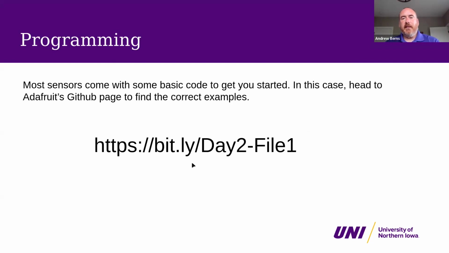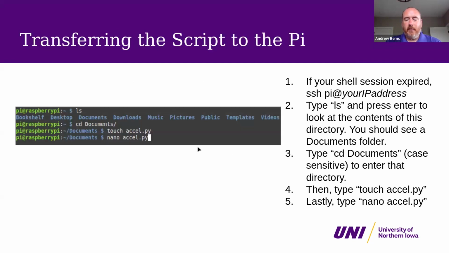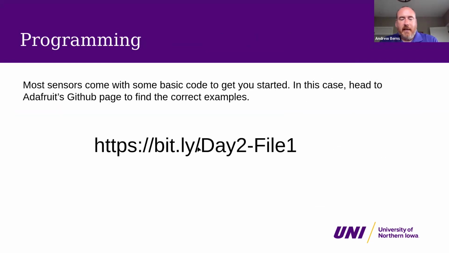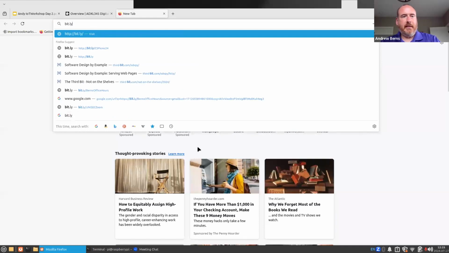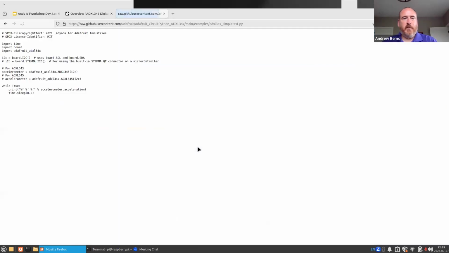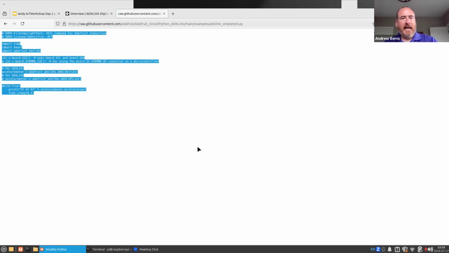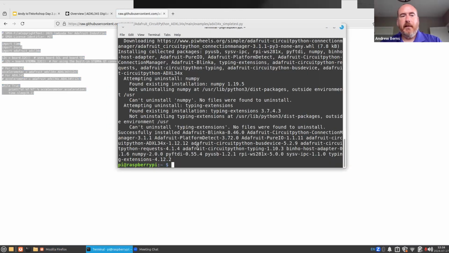And then what we're going to do is some basic programming with it. I have a bit.ly link here, bit.ly/day2-file1. It's going to take us to the simple test program in GitHub from Adafruit. So what I want us to do is go ahead and highlight everything that's on there, copy it to your clipboard, and then